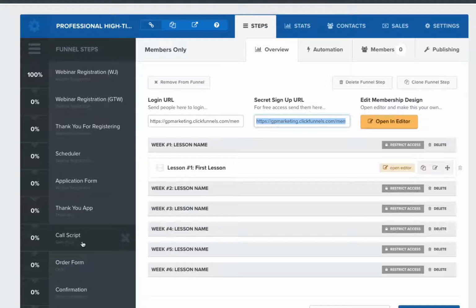This should work pretty close as long as you pop that code in there for Webinar Jam, pop the code in for a scheduler, and pop the code in for your application. This is pretty much going to be yours, and make sure that you change out your pictures and that kind of stuff. ClickFunnels is pretty easy to use, and it's all templated. You can change the backgrounds and all that good stuff, and it'll be a real simple setup for you,